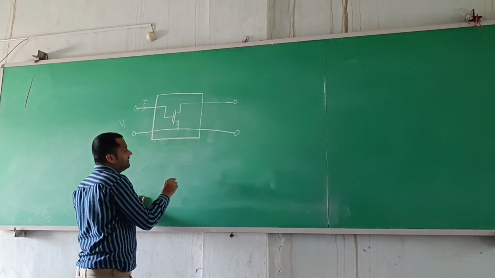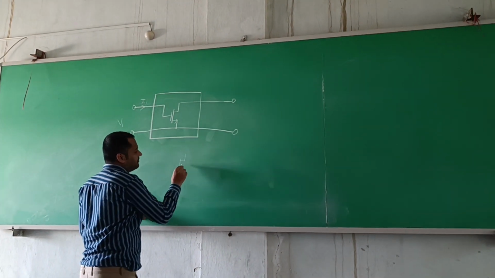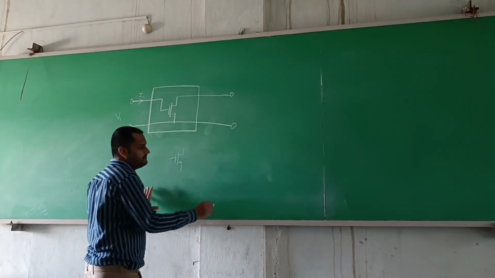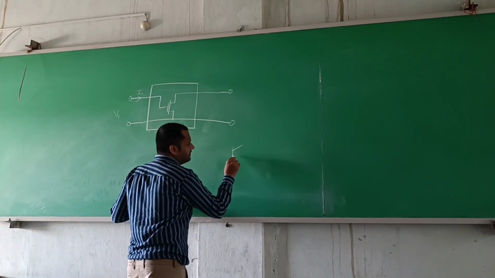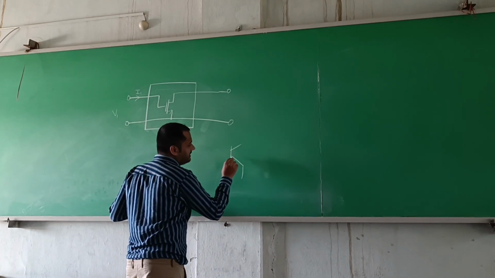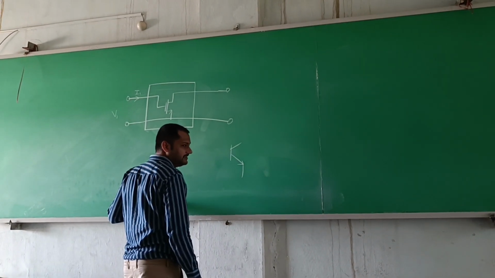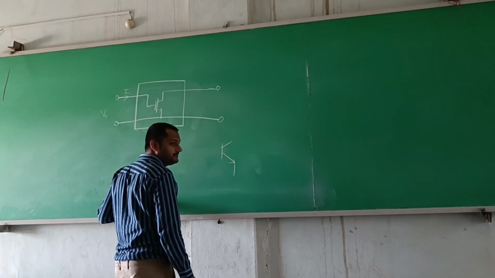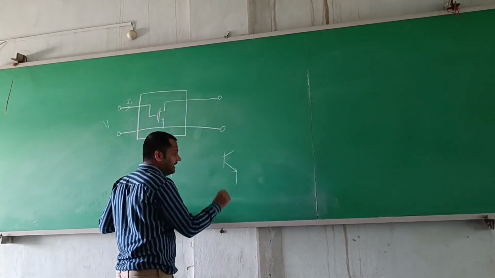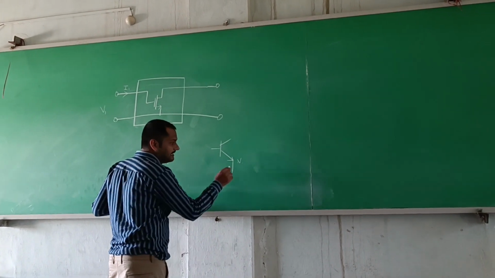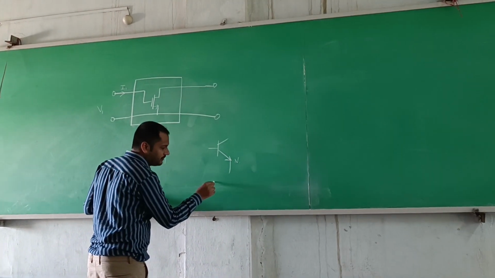MOSFET. Okay, first you have to understand what the MOSFET symbol is. In BJT you have studied the BJT symbol. The BJT symbol is like that. Is this an NPN BJT or PNP? NPN. Due to this N, the arrow is taken from the diode arrow.